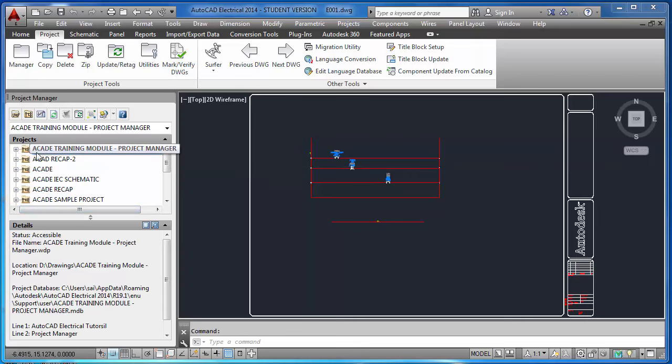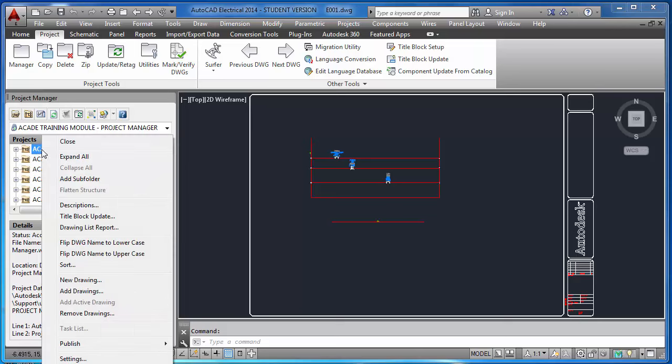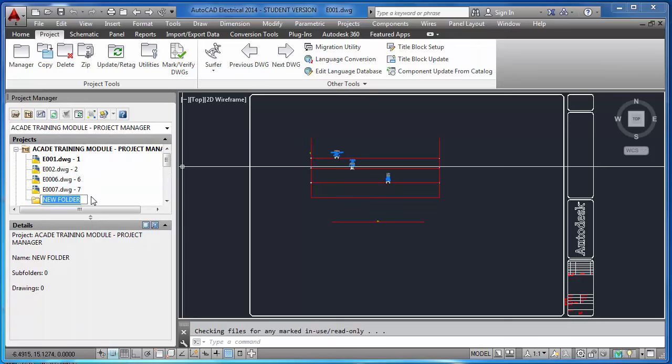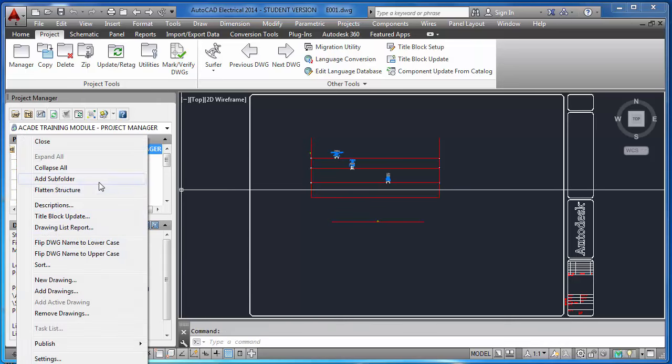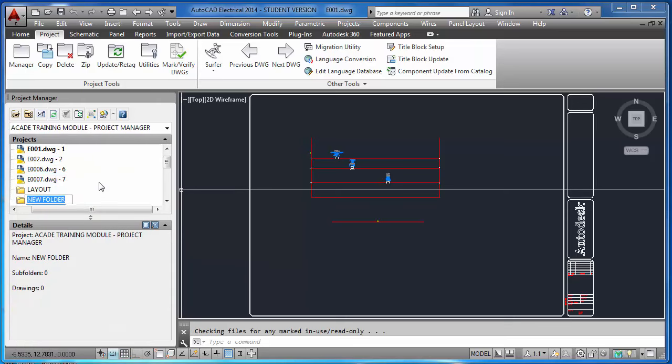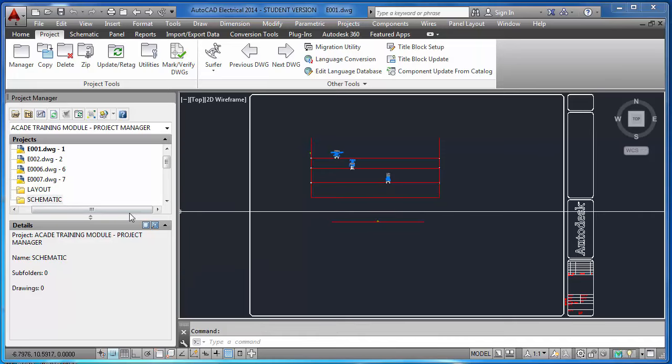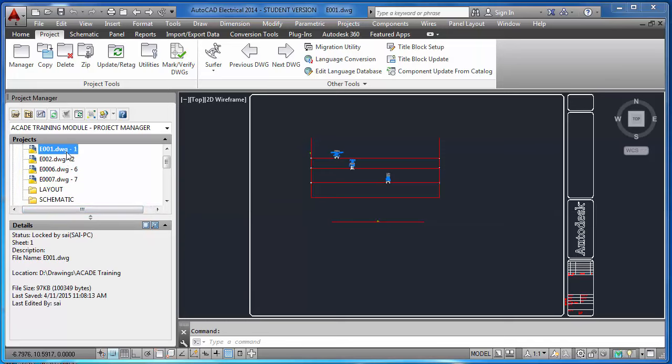And you can collapse, expand, collapse. You can expand, collapse. Now if I want to add a few folders, add subfolders. One subfolder I want to create is layout. Fine. And I will create another subfolder called schematic. One is for wiring diagrams, one is for panel. Okay, I have created 2 like this, and the first 2 drawings I want to put in my layout